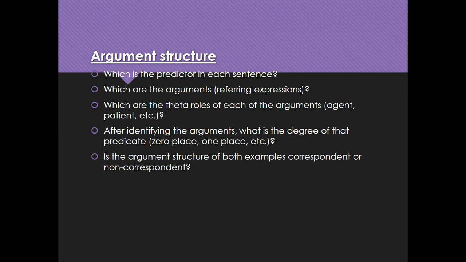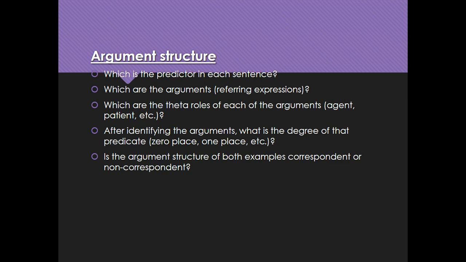And also related to the arguments, since we know how many arguments are selected for by this predicator, that information will allow us to state the degree of the predicate. If it is a 0 place, 1 place, or monadic, or diadic, or triadic, right? And finally,